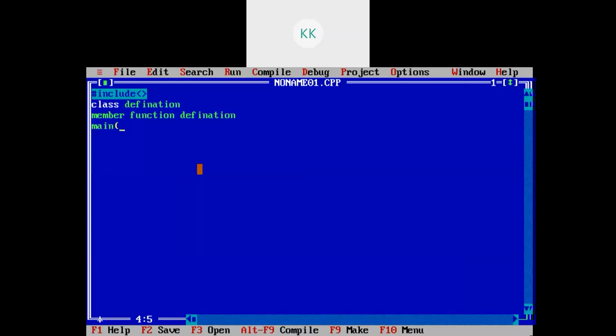Right. Now if you want to write a simple program, suppose I want to write a simple program for printing hello world. So I need to include the file. So I will include stdio.h. Then again I need to include some more files, but we will first try to write a main program.